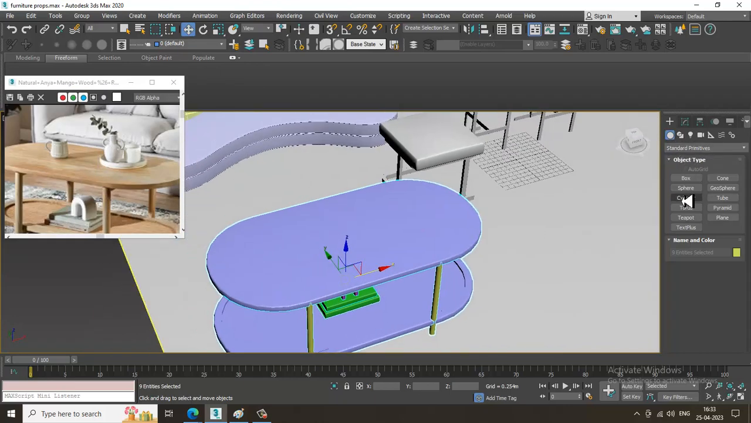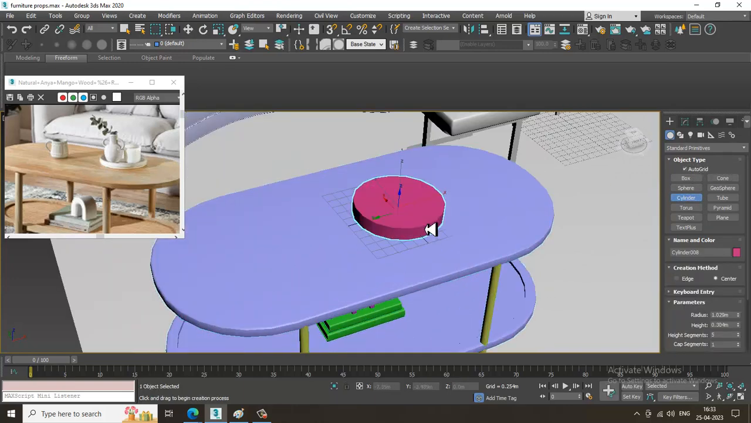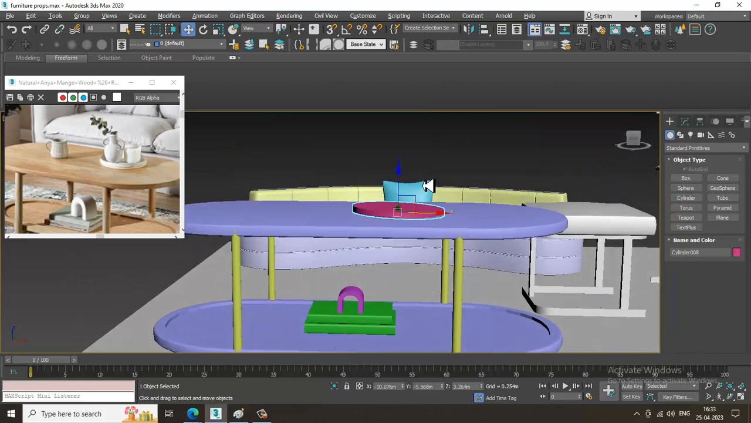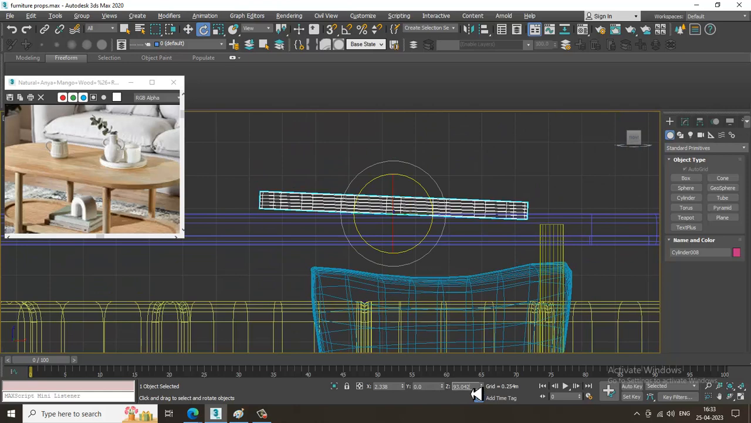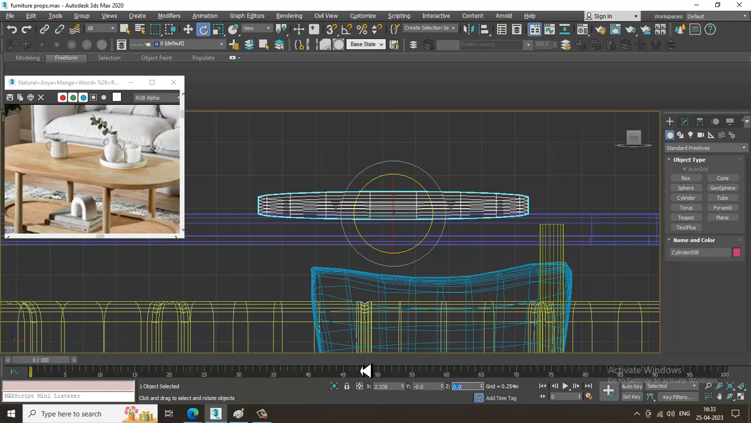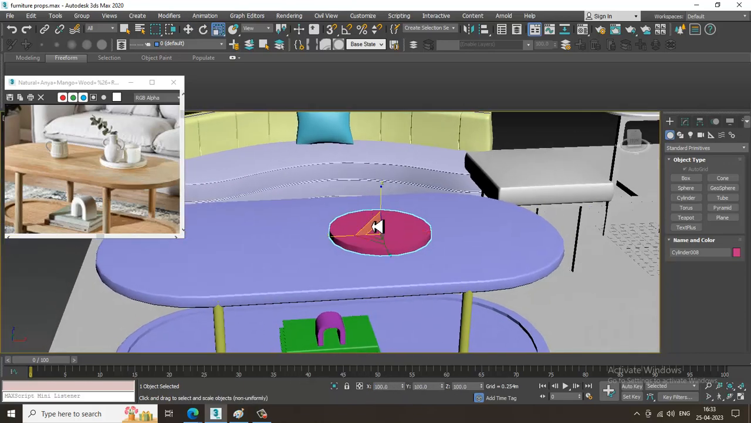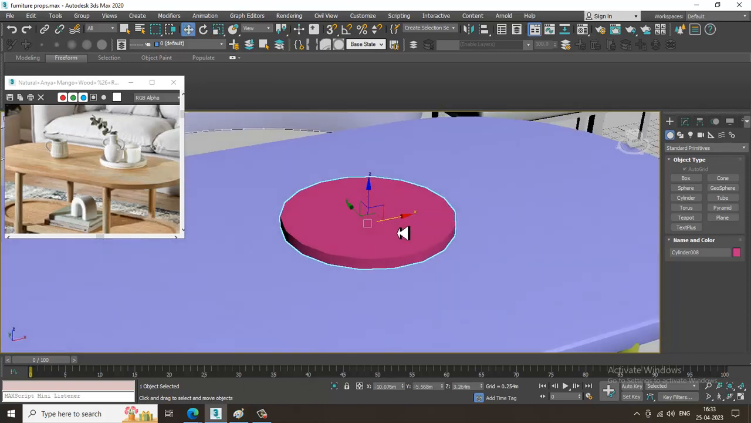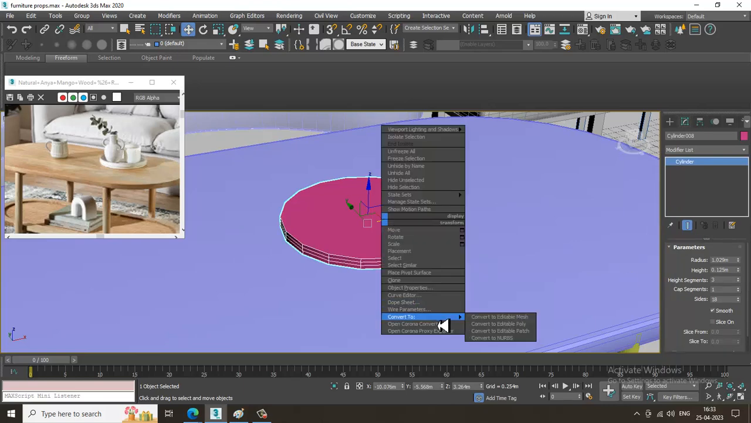So let's take a cylinder. Again, take a cylinder over here, drag this over here, press E and make this as 0. I'll just make this a bit straight. What I can do over here is slightly reduce this height segments, convert to editable poly,